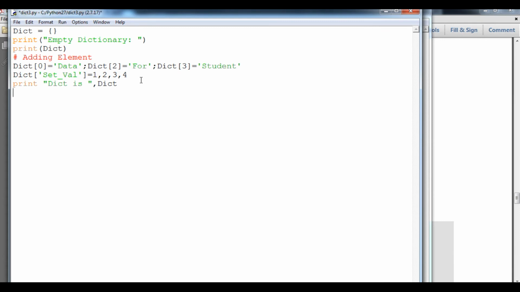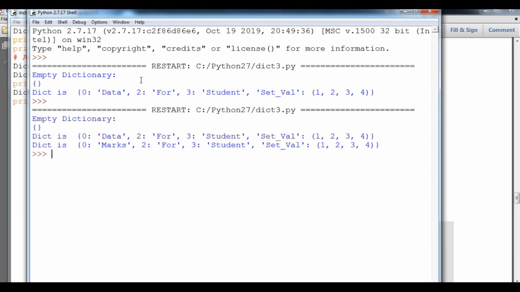I am going to change this particular value, that is data, the existing value like dict of 0, to marks. Now I will type the code and show you the output. The first is data for student set val, now marks for student set val.